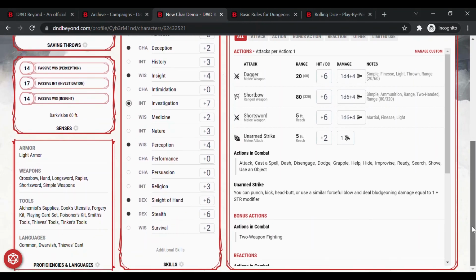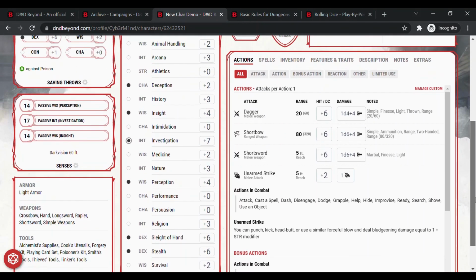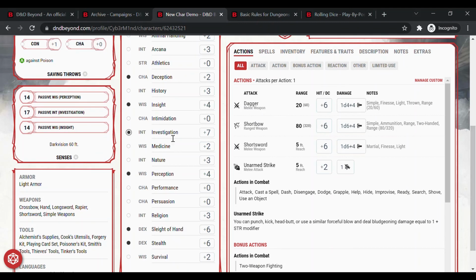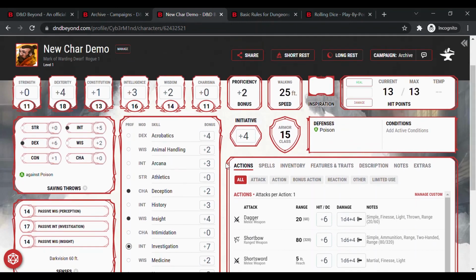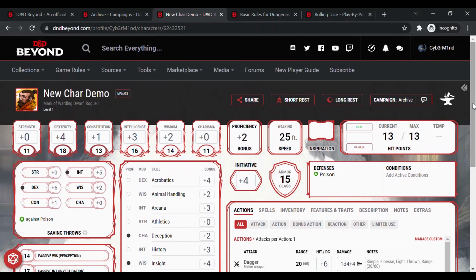So we have our character here. You can see that he's pretty good at investigation. You've got stuff here. This is where you'd use your character. So the only other thing to go over would be if you were to level up your character. You'll notice the hit points here, and this is actually a little bit high. So what I want to do is go to character builder,